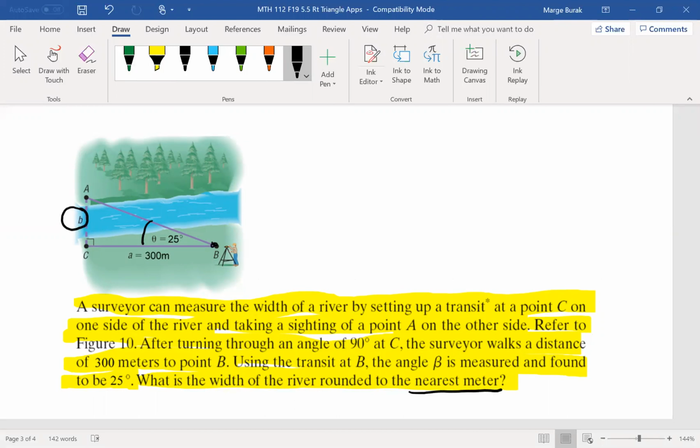All right, so we've got this angle. From this angle, we've got 300 meters adjacent, and B is opposite. And we know that the tangent ratio is the opposite over the adjacent. So let's take the tangent of 25 degrees, and that should be opposite over adjacent. Okay, now